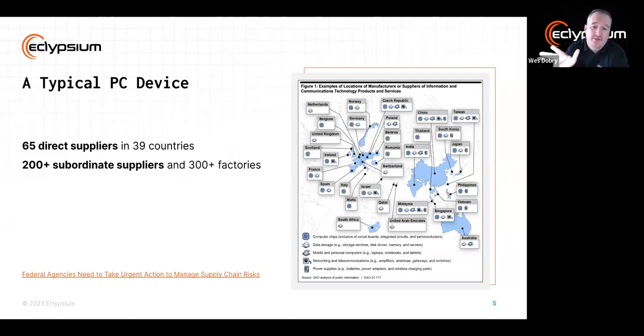In a typical device, you've got different chips, storage, and individual components on that board, and then all the different code that's running on those as well. So you end up with in excess of 65 different direct suppliers over many different countries. And then to make up those components, you can have hundreds of factories that are generating either the code or the actual physical assets that go into these devices that we're purchasing. It's